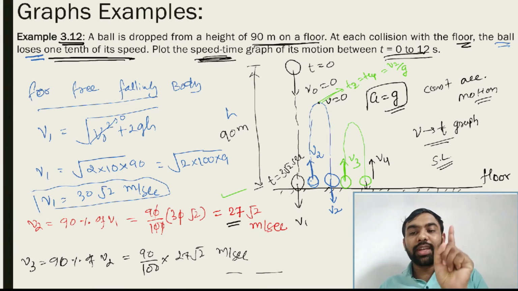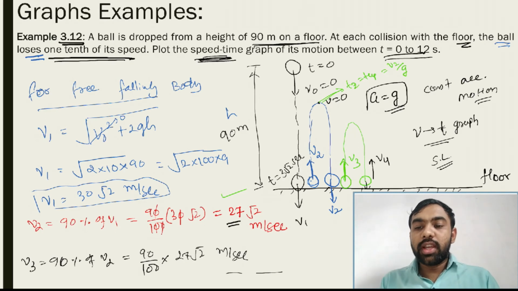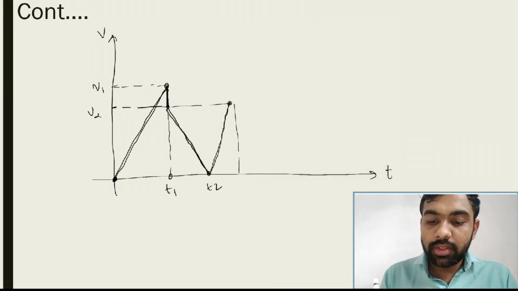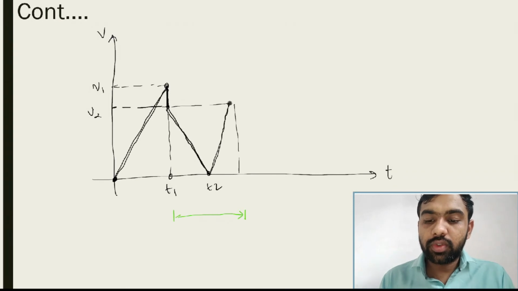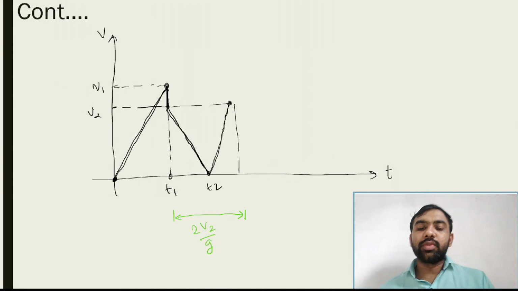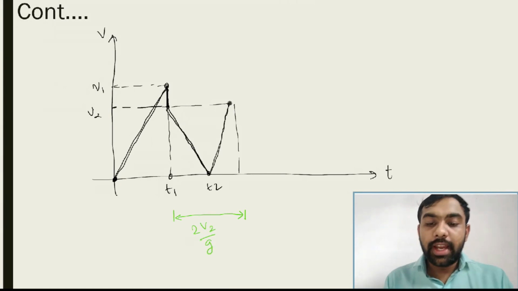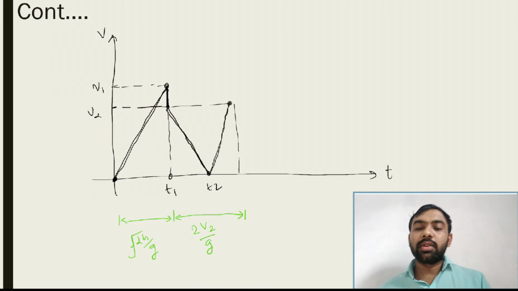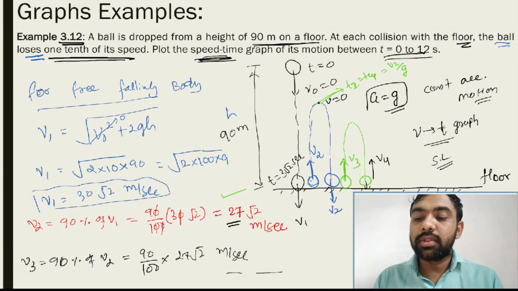मतलब अब टाइम वी नो दिस इक्वेशन. इफ एनी बॉल इज थ्रोन विद द अपर साइड विद द सम स्पीड v नॉट, the answer is v naught upon g, that is t up. The same time is t down. So this total time is what? From here to here, if you want to find this total time, you can find it from this one. So this total time is 2v2 upon g. ये टाइम कैसे फाइन किया? रूट 2h upon g.